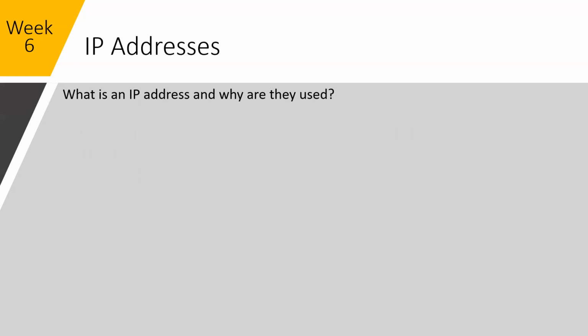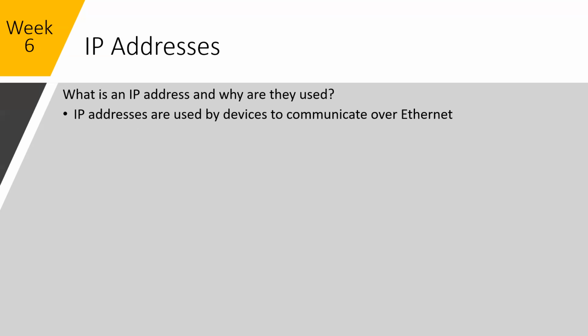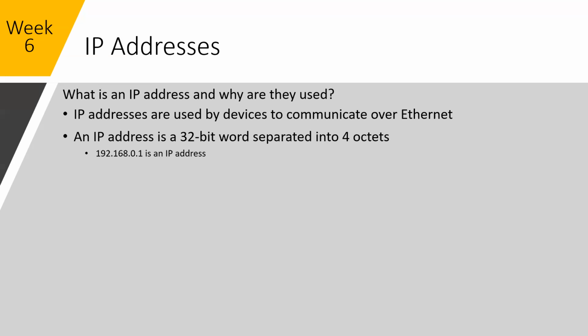So what is an IP address and why are they used? IP addresses are used by devices to communicate over Ethernet. An IP address is a 32-bit word separated into 4 octets. You've likely seen these before. This is an example of an IP address,